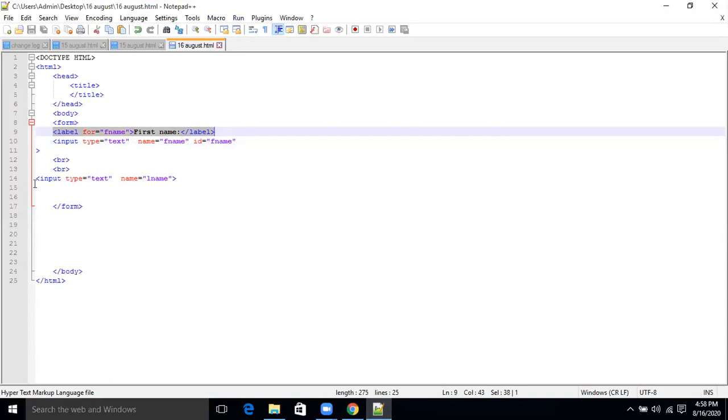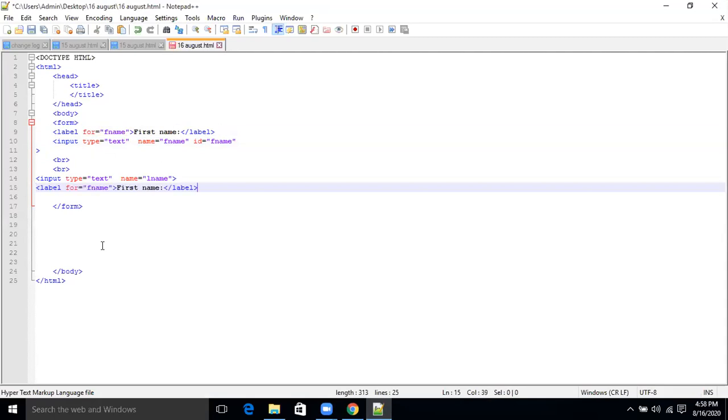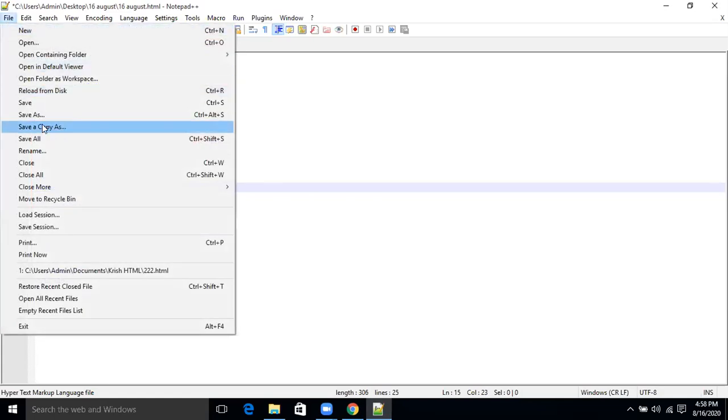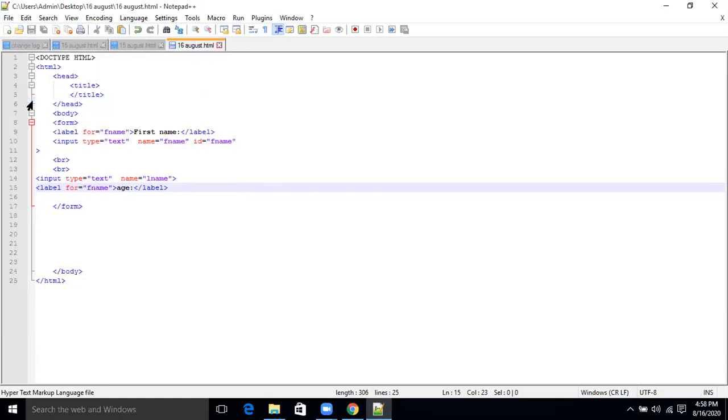Shreyans, have you done that? Yes, sir. Almost done. Okay. But why age, Krish? We are collecting names, right? First name and last name. Okay, sir. Last name I put.